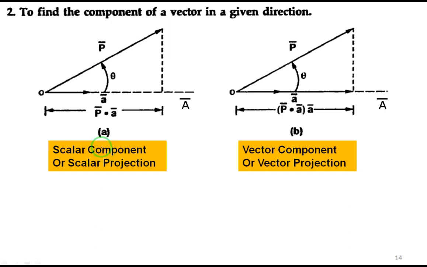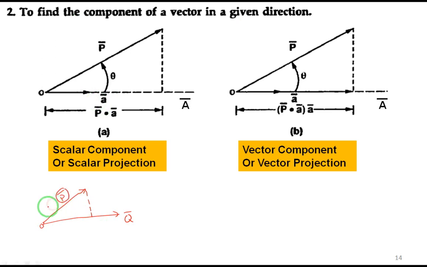The next one is very important. Before explaining how to find the component of a vector in a given direction, before explaining these two diagrams, I want to tell you very clearly. Just observe here. I will take one origin. Then I will take p vector, then let me take q vector. I want to find the projection of p vector onto q. Every vector has two components, horizontal component and vertical component. If I take the projection of p vector onto q vector, it is the horizontal projection, or scalar projection as we also call it.